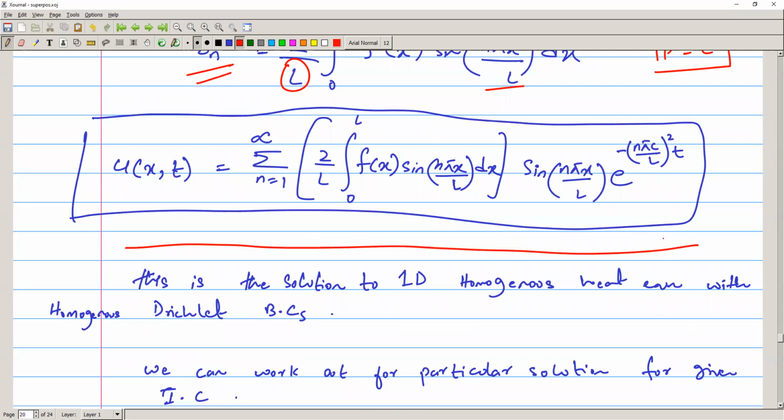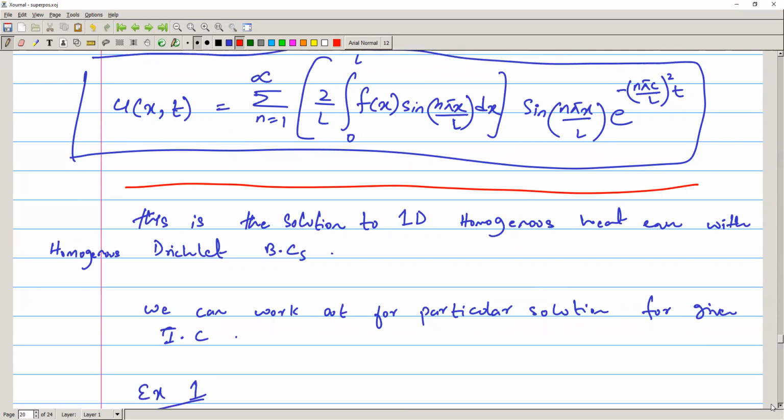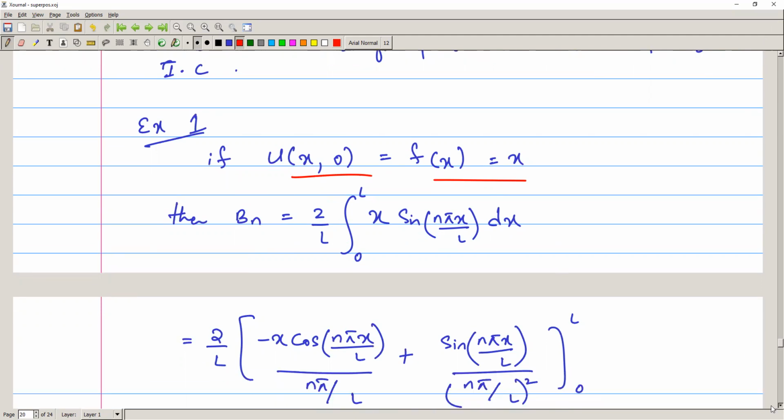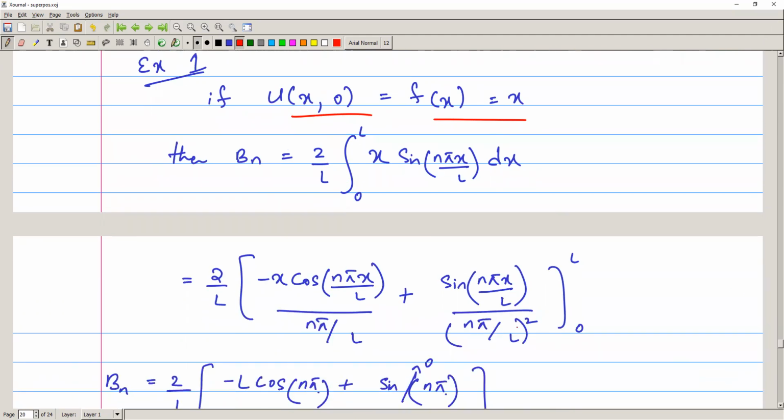So now, if initially some function f(x) is given, let's say it's x or some other function, we can solve for it. Let's say f(x) is given as x, right? So we'll calculate this integral by using the by parts rule. So here is the solution of this integral. You can see that 2 over L is common, that will be outside, and the rest of the integral will be solved using the by parts rule. Then we will apply the limits from 0 to L,